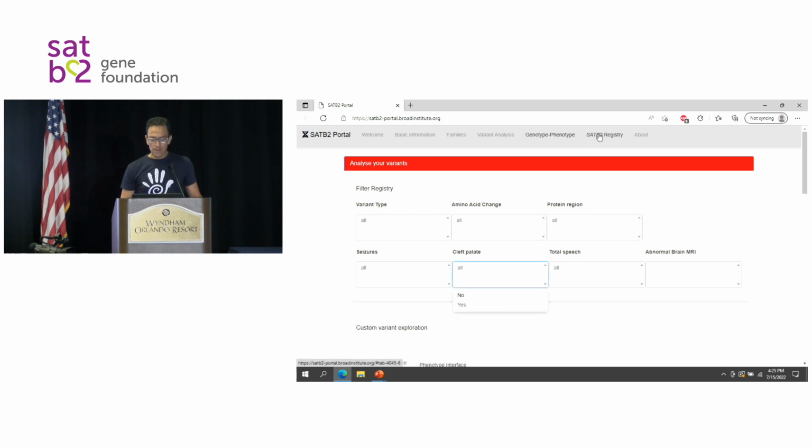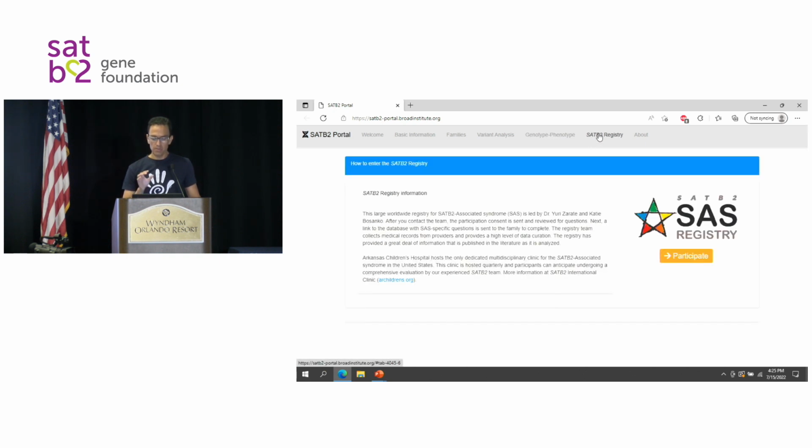The last part is the registry, where there's just some basic information. If you click on participate, it will take you directly to your default email program, and I think it's Katie's email that is listed as the address it will be directed to.